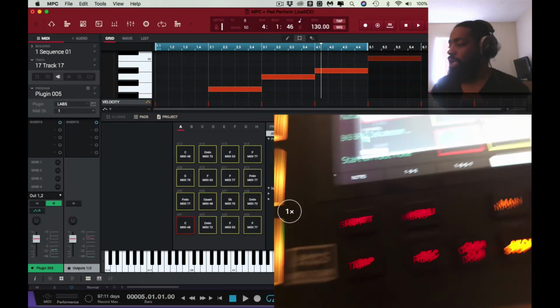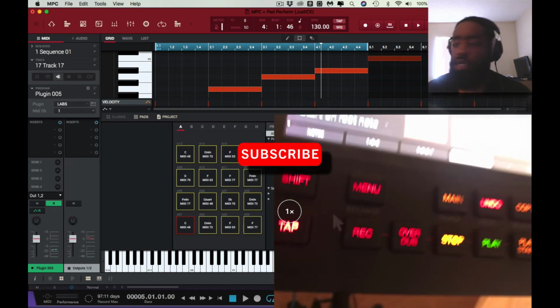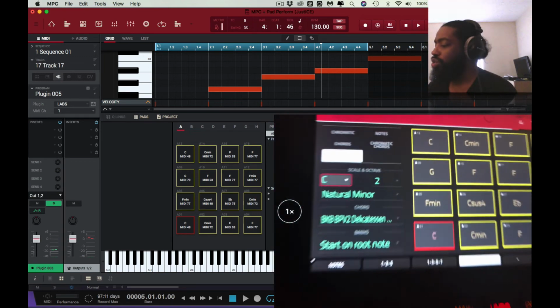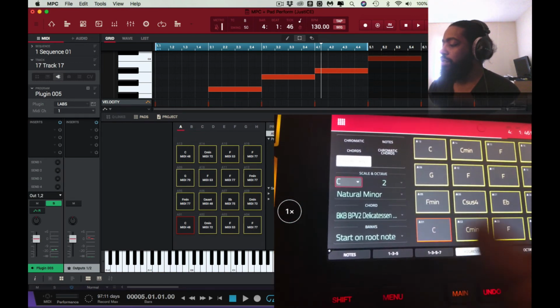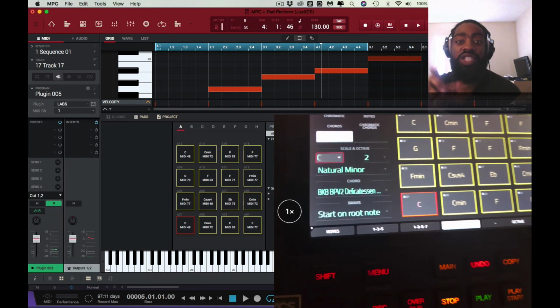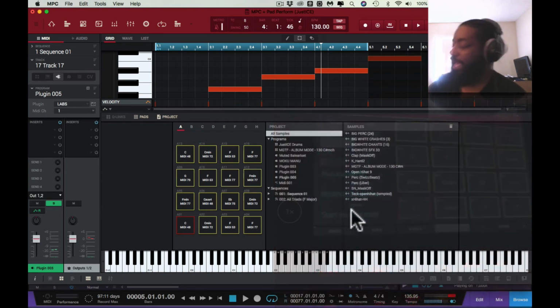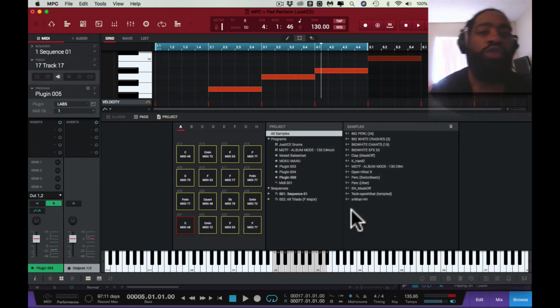But if I'm in standalone mode and you're on the new MPC 1, if you're on your MPC Live or MPC X, not in controller mode, and you wanted to, per se, control the arpeggiator and change the functions, there's too many steps that you got to take in order to do that. And that kind of kills the mood of what it is. It kills your creativity because you're moving around a lot. You're shifting a lot. So that's just a feature suggestion that I suppose that'll be a great function for everyone